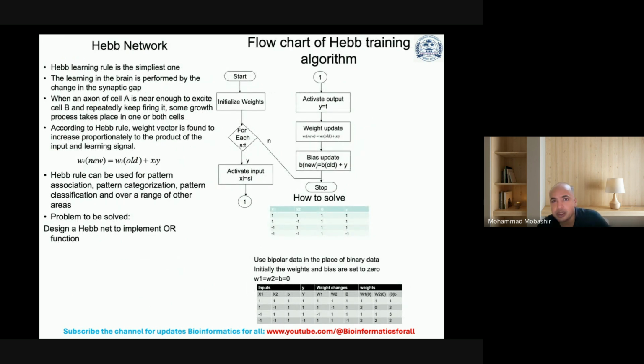Then the Hebb network and flow chart of the Hebb network training algorithm. So the Hebb learning rule is the simplest one. The learning in the brain is performed by the change in the synaptic gap, and the Hebb rule can be used for pattern association, pattern categorization, pattern classification, and problems can be solved by using the